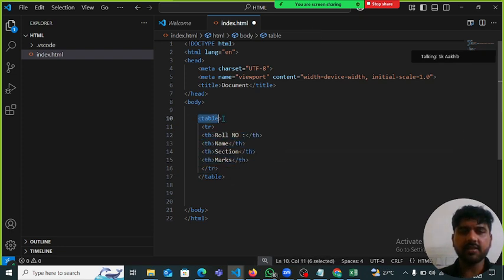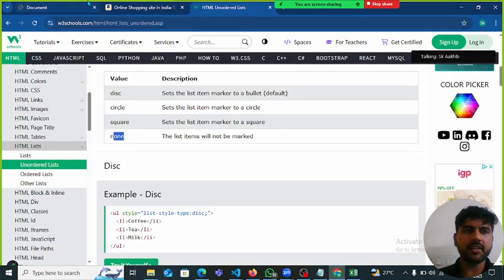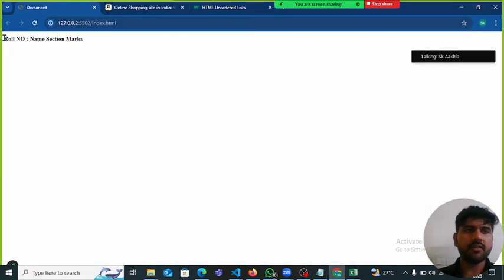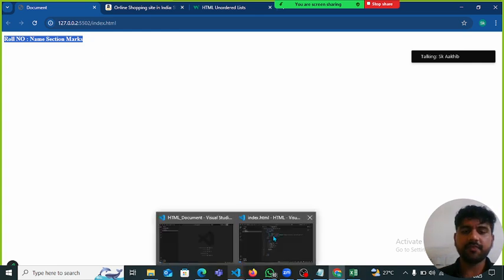And this is a tag which is compulsory if you are creating any table. If you go back here, you can notice the row and name, section, marks, which is not in table format. You haven't noticed any table kind of structure like this. If you want to bring this content into a table structure, just mention here